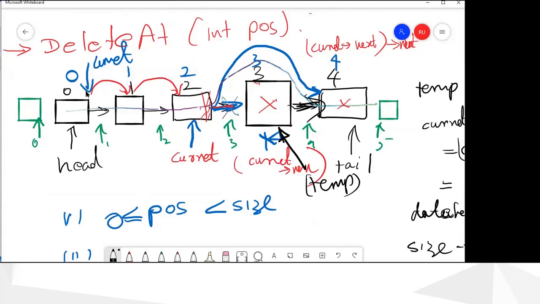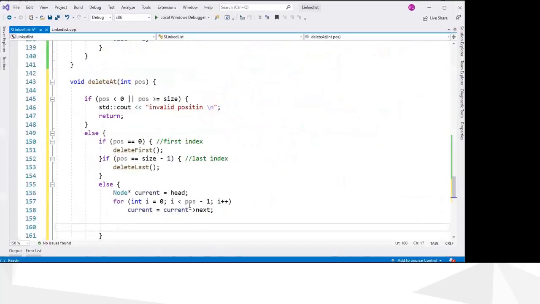So if you want to delete this node, we have to stop here. So the current pointer should move 2 times, position minus 1 times.